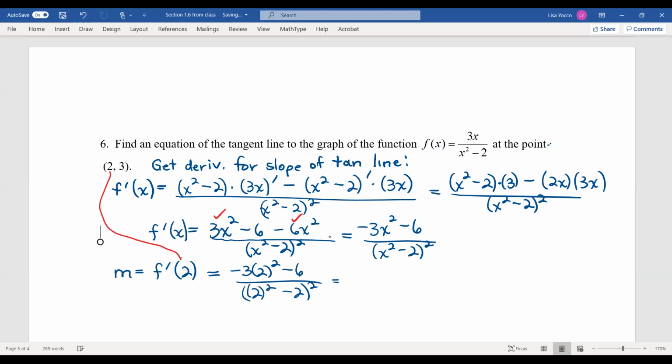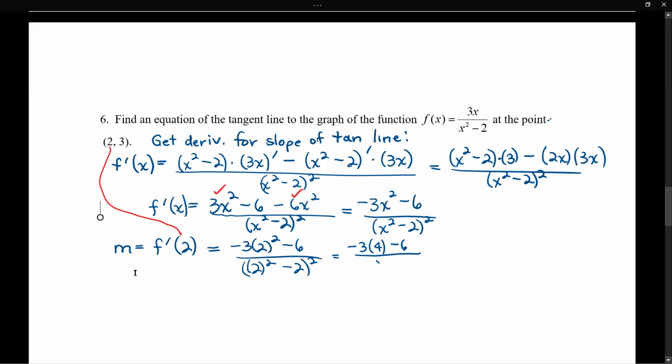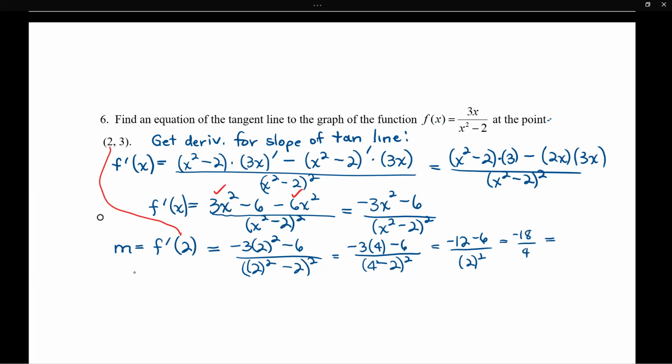All right, now 2 squared is 4. I got that twice. Oh, did not do that, computer. That's 4 minus 2 squared. Negative 12 minus 6 is negative 18. And then reducing that gives me negative 9 halves. All right. Now,